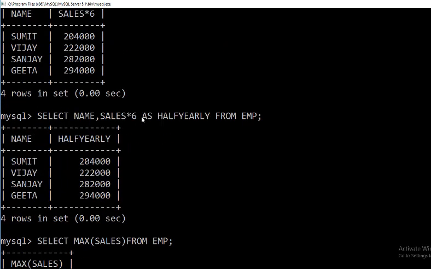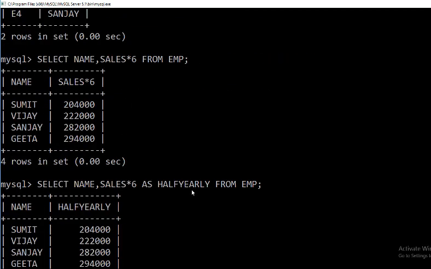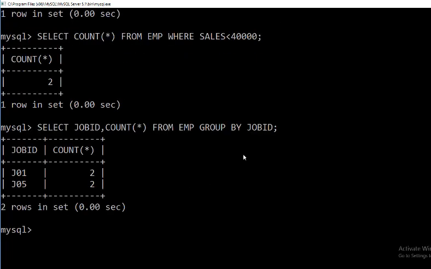See, this was the original table. There were 2 types of jobs, job J01 and J05, and 2 employees in both the job IDs. So it will display like this. These are the job ID column. Count asterisk will count the total number of rows in each group. So this is using aggregate functions and the group by clause.